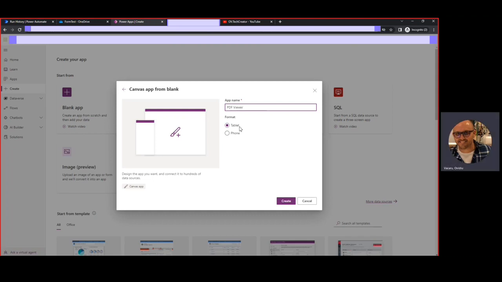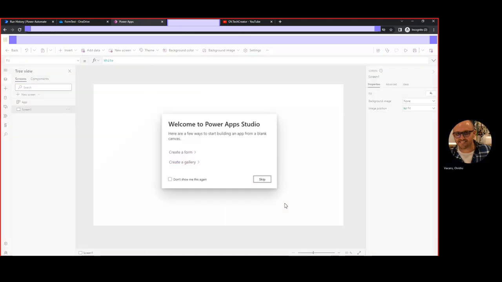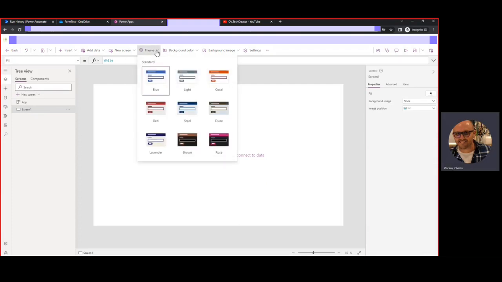Okay, and I will use this as tablet and create. Now, here we have a blank screen created in PowerApps Studio, and let me go and